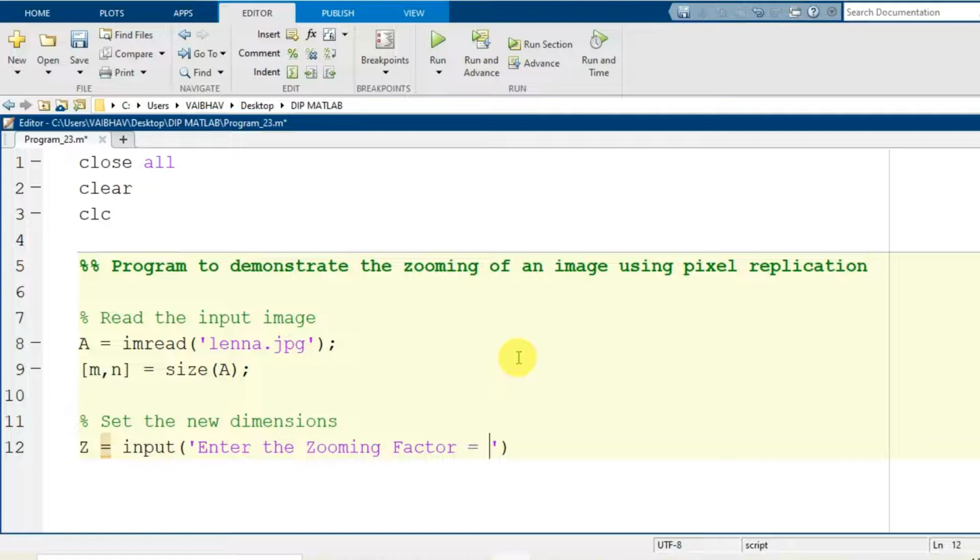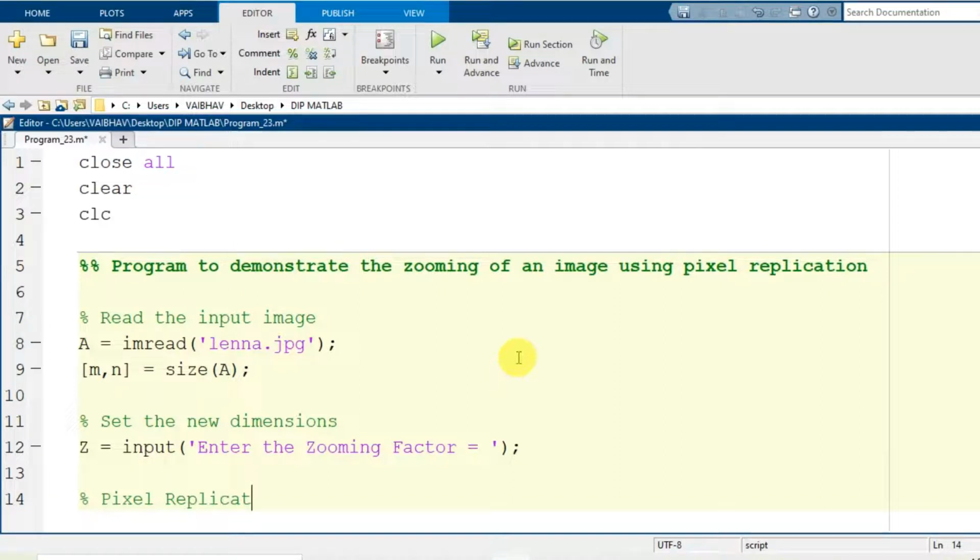The zooming factor is a number: whether you want to double the image in size, triple it, or multiply it further. Accordingly we will perform the pixel replication and produce the output image of that particular size.